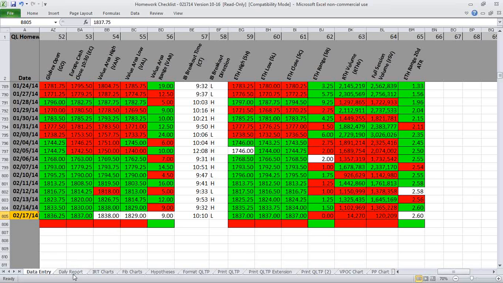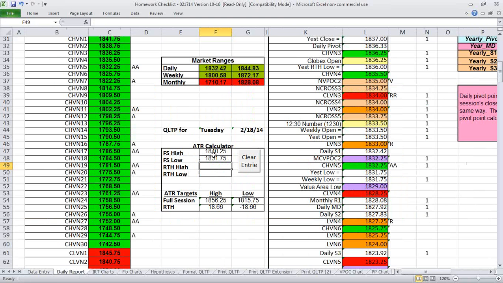Going over to the daily report, the actual overnight Globex high is 1839.75, and we do have that naked VPOC there. But when we get these holiday sessions, I always look at the highest high during that holiday session, and that's 1840 and a quarter. So I'm using that for our full session high right now, even though it's kind of weird with the three sessions that we've had so far. And then our full session low, same thing, 1831.75. So our ATR targets right now, based on the time from Sunday night opening until now, is 1856 and a quarter to the upside,